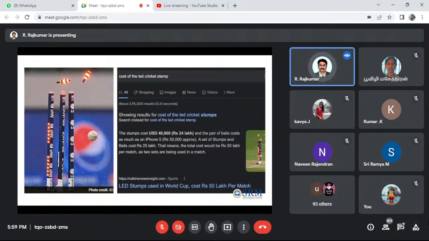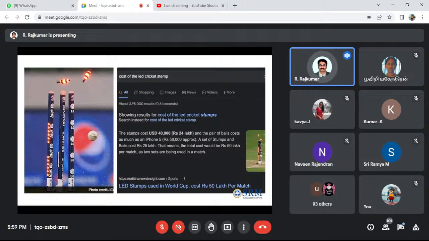Can you see my screen now? The stump cost is actually 24 lakhs. Can you believe it? The lighting cost, I just Googled it: cost of the LED cricket stump. I had given the wrong spelling also, but you can write the right spelling, STUMP, and get the answer.